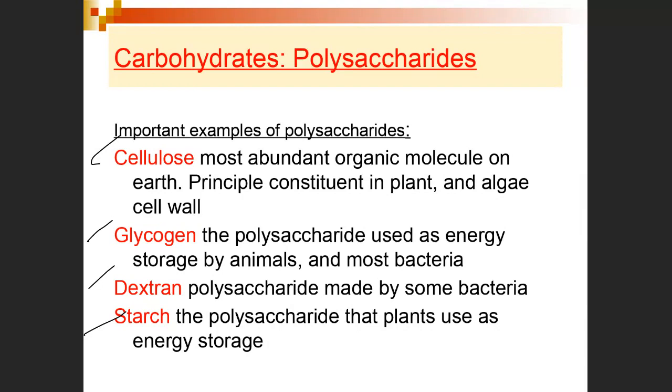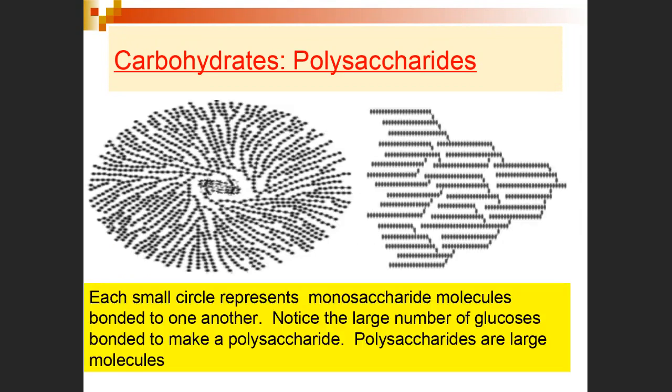A dextran is a polysaccharide that is exclusive to bacteria, and this is a sticky polysaccharide. Look at the processed foods you may have in your pantry for dextrans, which are sugars, these polysaccharides that are sticky. They're made by bacteria, and they're used to bind the components of the processed food together so that they don't fall apart, they don't disintegrate.